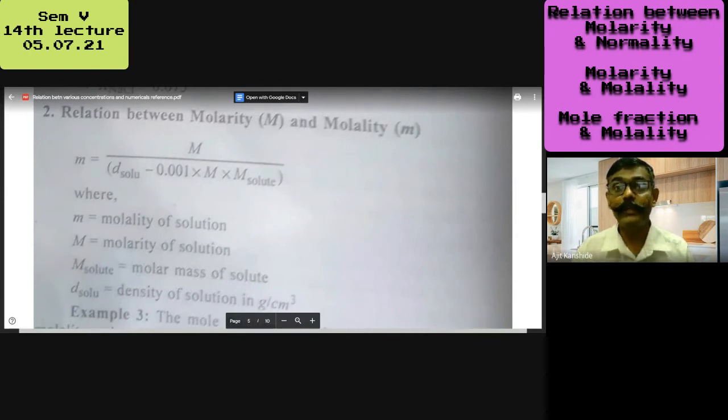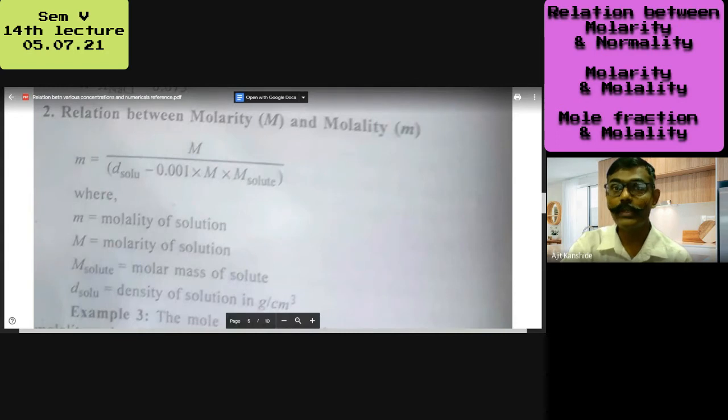First we are finding density for solvent here by means of that formula. Density of solution is known to us. Solution means what? Solute plus solvent. So density of solution is equal to density of solvent plus density of solute. From the density of solution I am subtracting density for solute, so that I will get density for solvent. So to find the density for solute, what did we do?